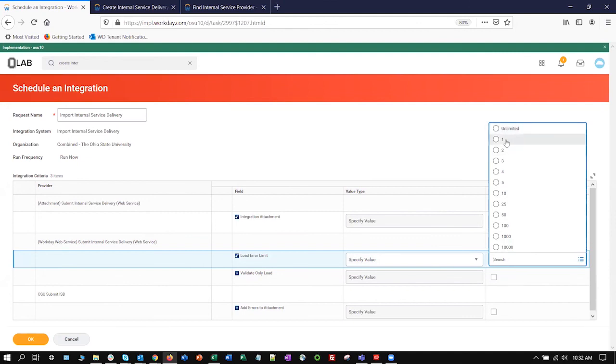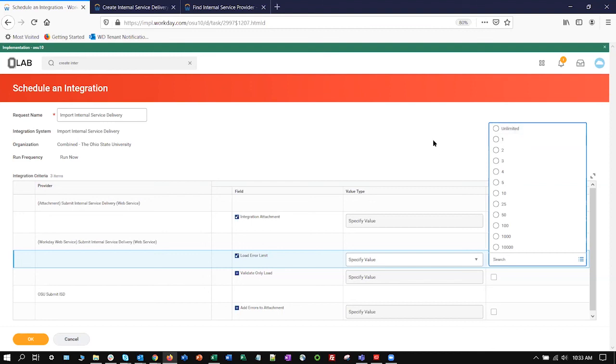If we set it to one error, Workday will move through the file until it encounters an error. As soon as it sees an error, it will stop loading, and it won't even look at the next lines. It'll just stop right there. Process ends. You get whatever portion of your file was loaded before it stopped. A drawback with choosing one, or even more so if you choose any other number, is you'll end up with a file that has some things that posted, some things that didn't. You'll have to go back in and figure out what posted and what didn't, clean up what didn't post, and try to post it again. That process can be